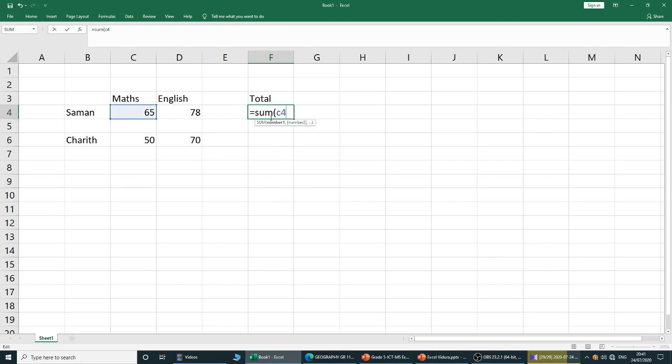So our first number is 65. The address of the cell is C4. Now can you see there, after we typed it, it was highlighted. Then 65 plus. Now we can type the plus sign. Then the second number, it is 78. We can't type 78 there. We need the cell address. The cell address is